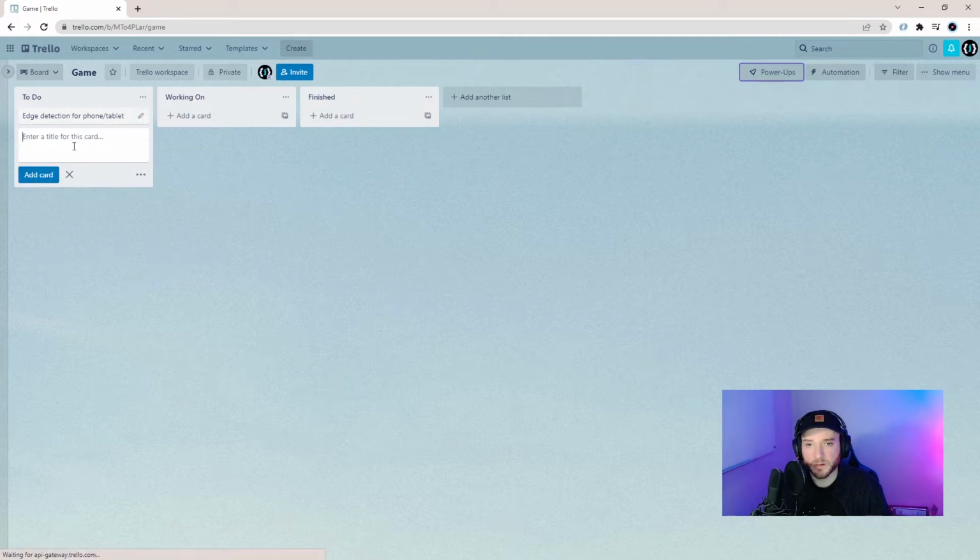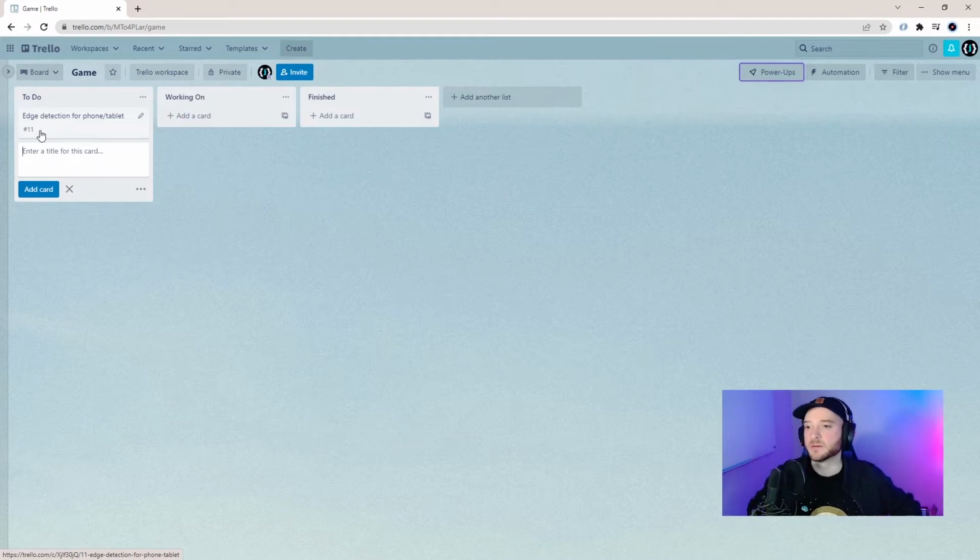Just click add card. And then I have a plugin here that puts a number, and then we'll use that number when we do our branching in our pull request, so that we can track that, make this feature, write all the code, commit it, and then push it up and merge it into master, and then create a new branch, start a new feature. That way